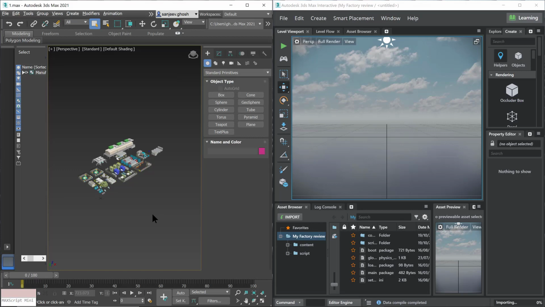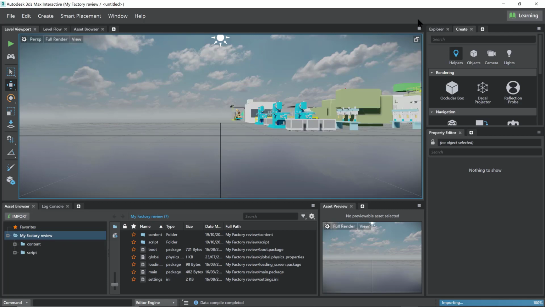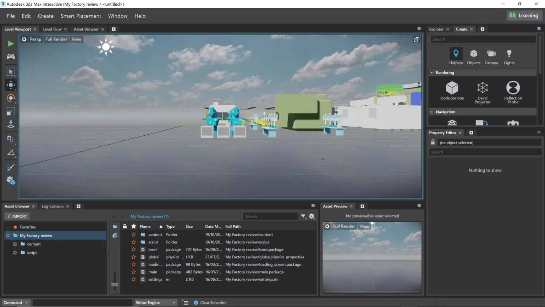But I don't want to go about placing these elements manually and making them correctly located with respect to each other. I want to use the coordinate system that these files have to be able to co-locate them correctly. Hence, I am using the method that I showed you, a direct link between 3ds Max and 3ds Max Interactive.